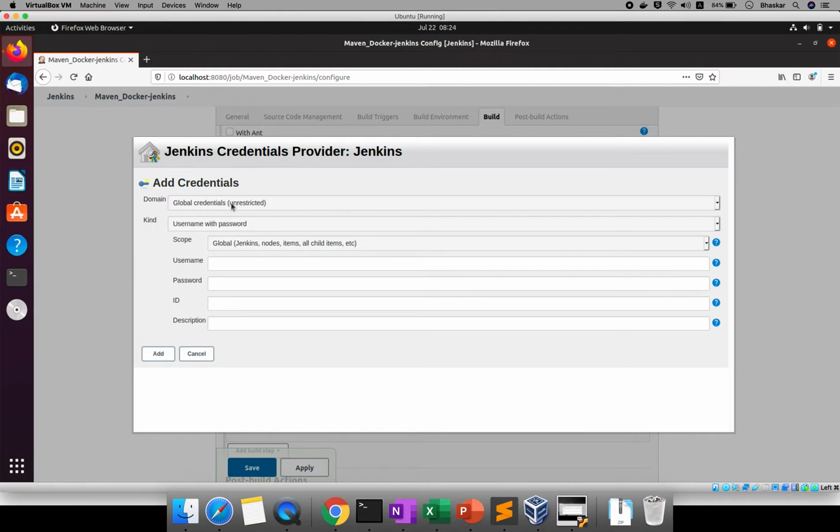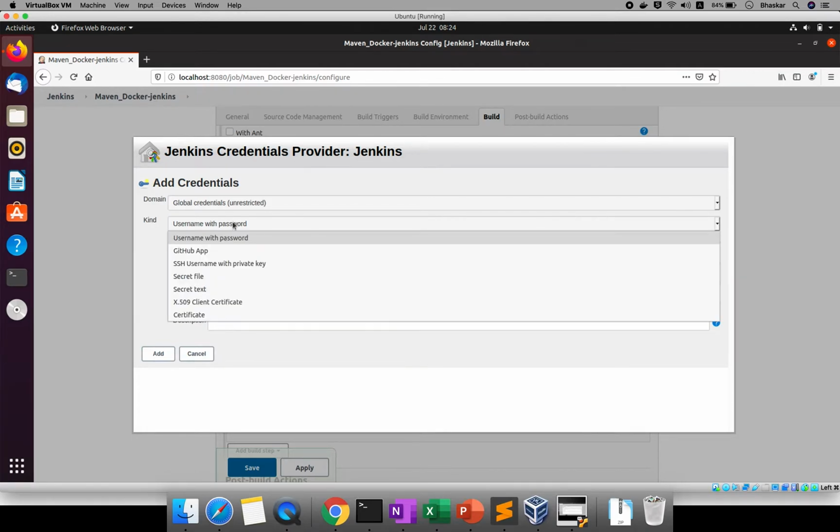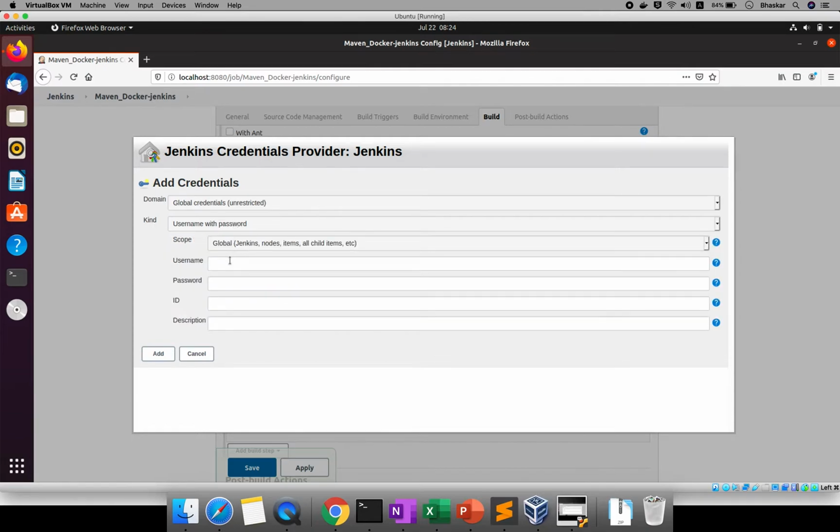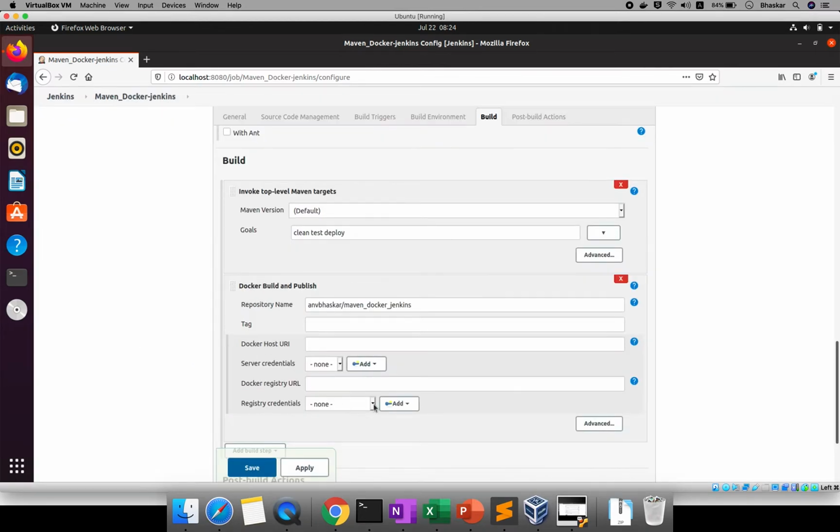Domain is this one. Scope is Jenkins, nodes, items and all items. Here we have username and password. Here you can provide your Docker Hub username and Docker Hub password. ID and description are optional. Either you can provide them, no issue. Just click Add. I already added my credentials.